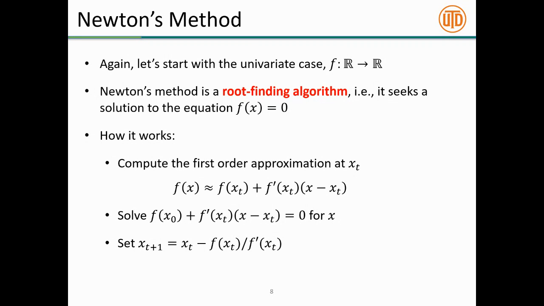Because we're trying to find a place where f of x is equal to 0, we approximate f with its first order expansion, and then we just solve the first order formula explicitly for x. So we solve f of xt plus f prime of xt times x minus xt equals 0 for x. When we do, that gives us that x should be equal to xt minus f of xt all divided by f prime of xt. And so we'll just set our next iteration, xt plus 1, to be equal to xt minus that thing, the solution to the